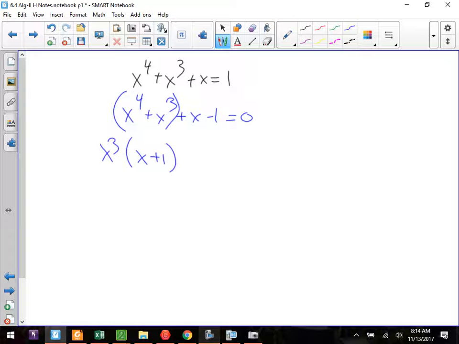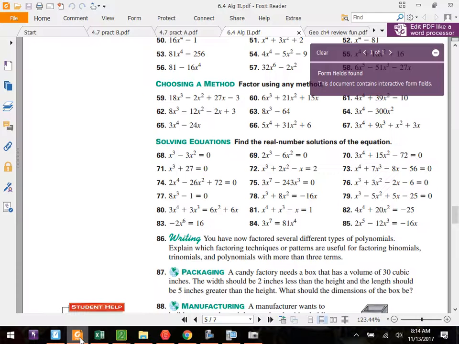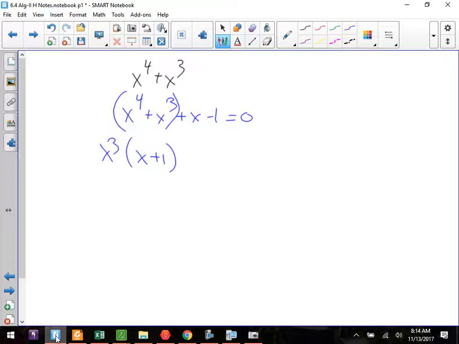Excuse me. Did I write that down wrong? I wonder if it was supposed to be a minus x there. That makes sense. Yeah, it was a minus x. Sorry about that. I wrote that problem down wrong. It's supposed to be minus x. And then we have x cubed minus 1,